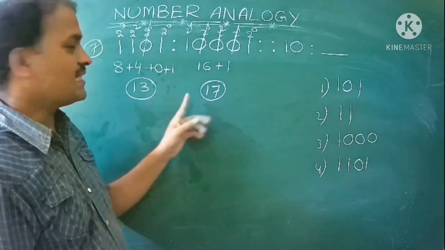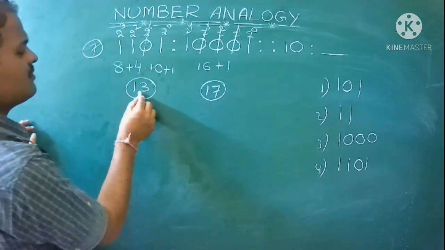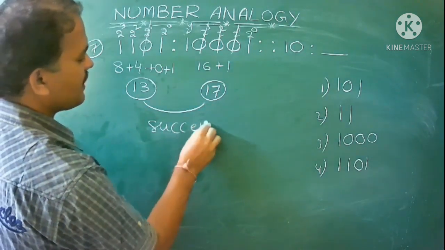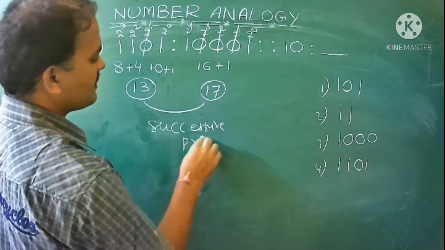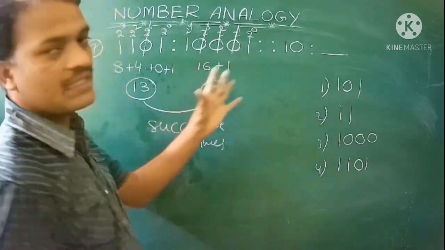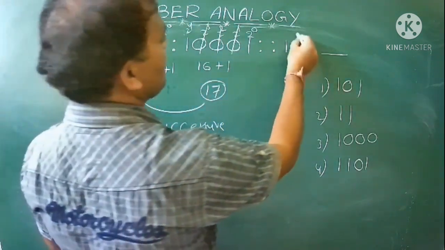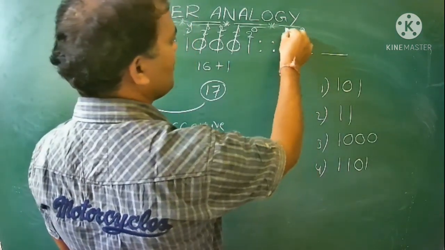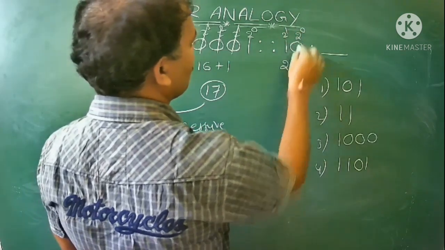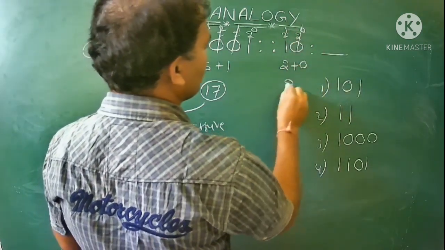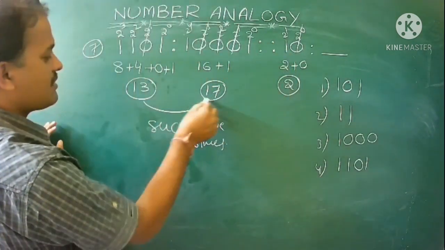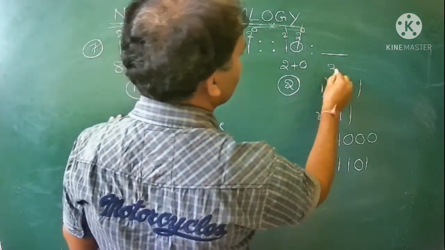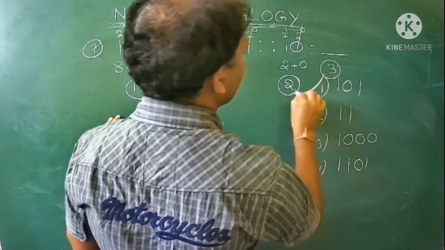So 13 and 17, what is the relation between them? These two are prime numbers, successive primes. In the same relation, observe, here 1 0 will be there. So what is the value of this? Apply 2 power of 0, 2 power of 1, 2 power of 1 into 1 means that value will become 2, and again this value will be 0, that is nothing but 2. So this is successive prime numbers 13, 17. So what is the next successive prime number after 2? 3. The next successive prime number after 2 is 3.